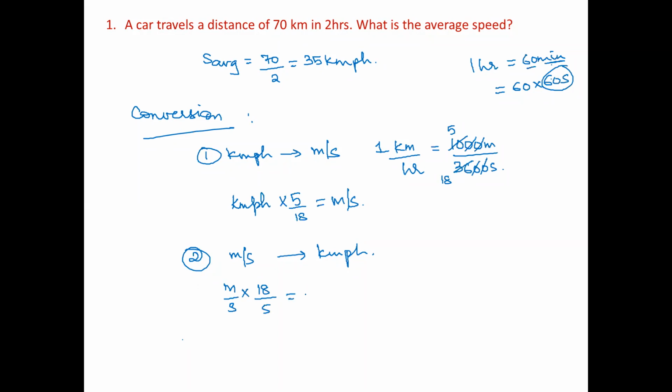I'll tell you one trick. I don't know if it will work for you. When you want to convert bigger quantity into smaller quantity, then in this fraction, once it's 5 by 18, once it's 18 by 5. You want to convert big to small, so in numerator you have the small value. From small to big, you have the bigger value. However you can, remember. I don't know how you are going to remember, but make sure you know this.